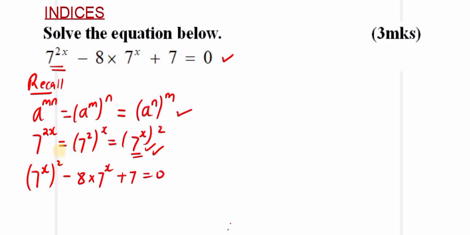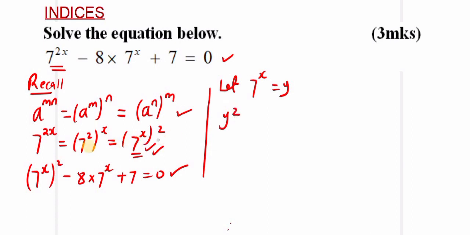Now, I chose this expression 7 raised to x raised further to 2 because somewhere within the very equation we have 7 raised to x. So I wanted to make 7 raised to x common in most of the terms in the equation, and that allows us to apply substitution. So let's introduce an unknown. So let 7 raised to x be some unknown, let's call it y,